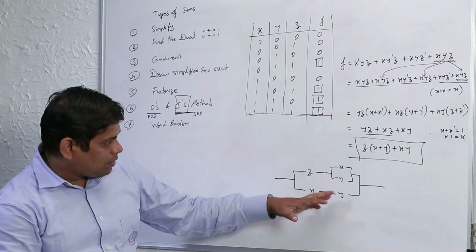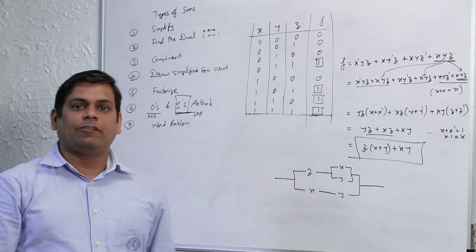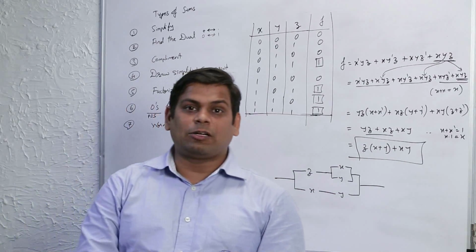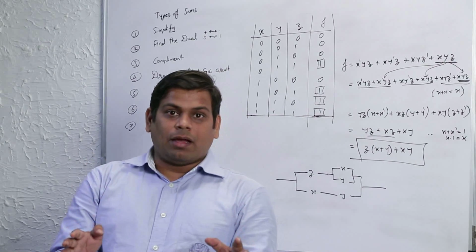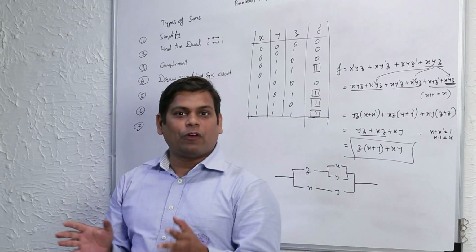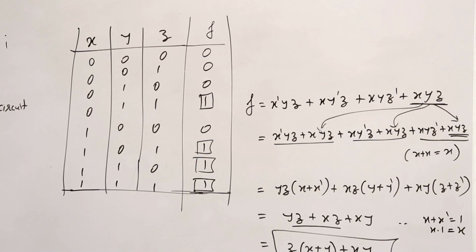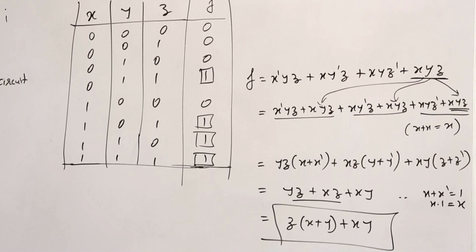Let me check that once again. Yeah. So that's the end of it. That's the end of this Boolean algebra topic. In this topic, what we have done is just give an overview of the entire topic. This is the end of this topic, Boolean algebra. What one must have to do